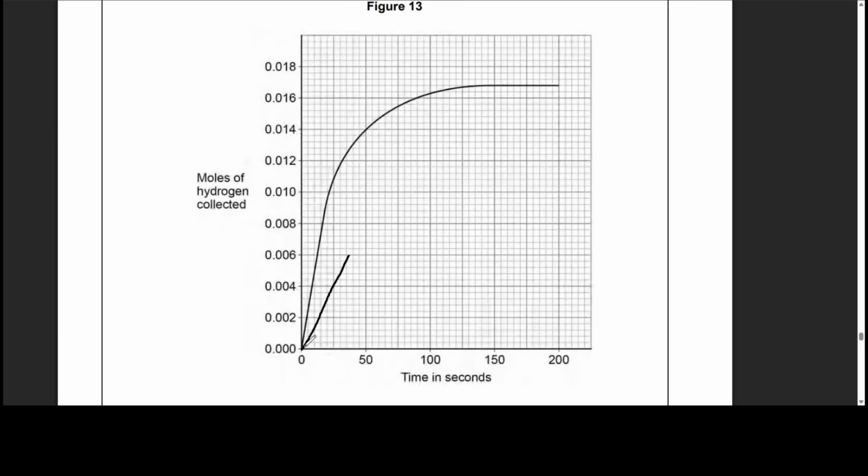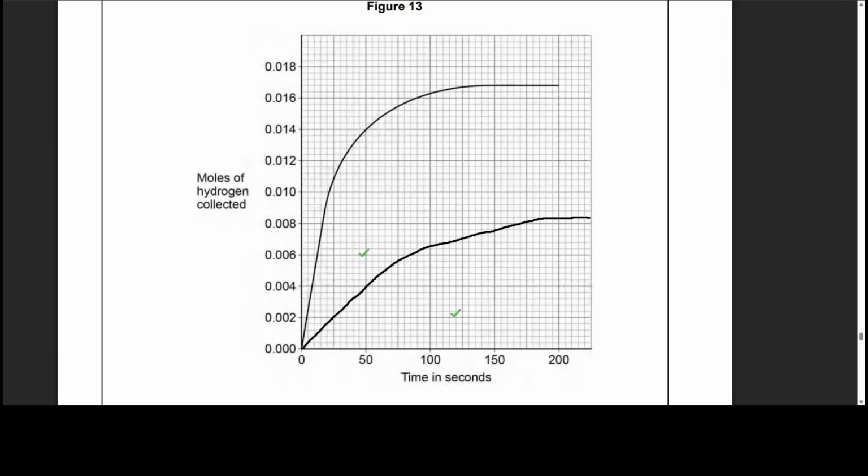Let me get rid of this line. So it's going to go like this. We're going to take a lot longer to get there. We're going to plateau a lot longer, and then we're going to arrive late to the party, and then we're going to plateau here, okay? So I should have taken longer to get to my straight line because this reaction is happening more slowly. Why? Because there's less collisions, but also it produces half the amount,